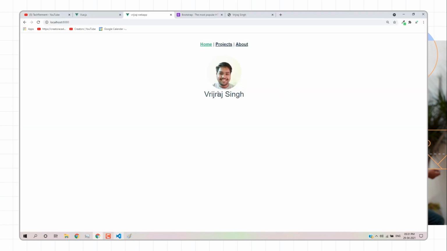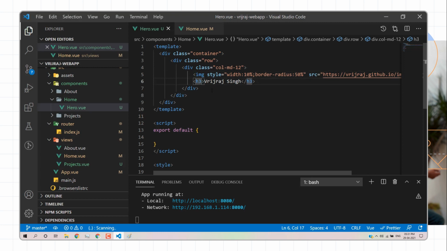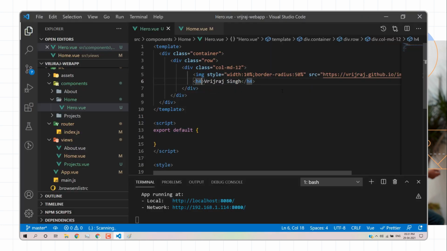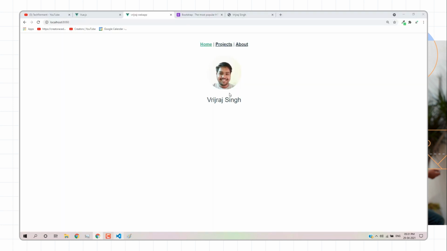So we have a circle and then we have a name. Right now we are using S3, so I'll go for the H4. So this one is for H4. Yeah, it's working. And we are working on Bootstrap, so we have a predefined class. This one is for my, or you can mention mt. So you can mention the fourth, like margin top is four.